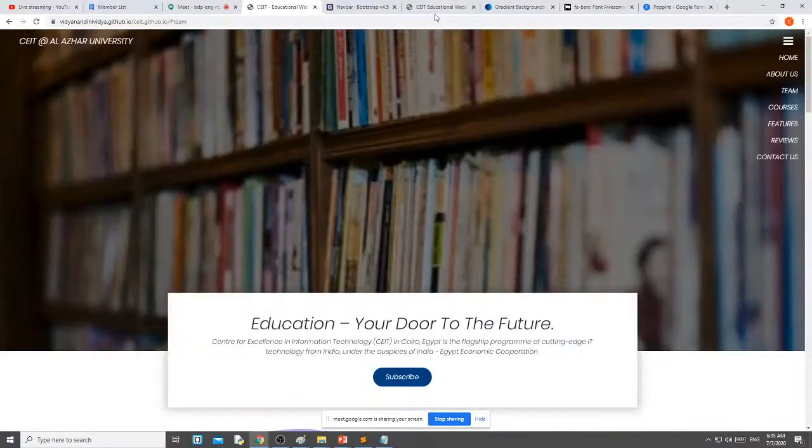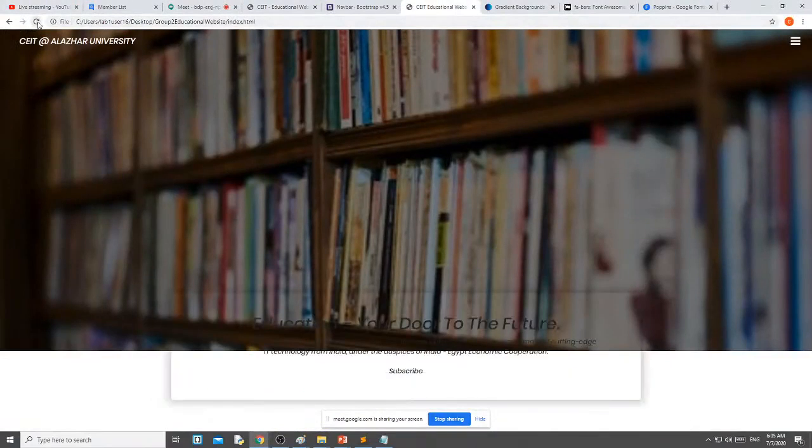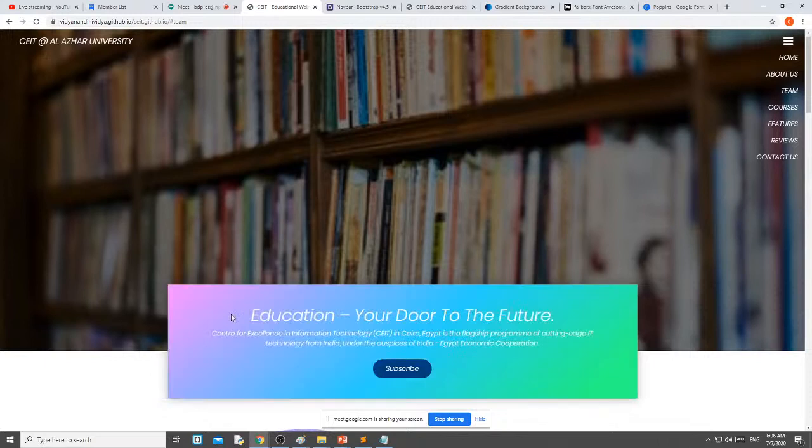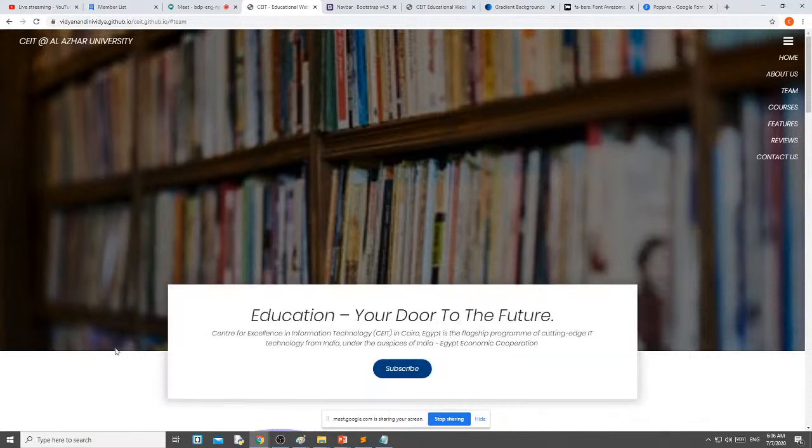Now we will see. You get one box, it overlaps on the image, that's why it looks like this. We will do style for that also, but we have given margin top minus 140 pixel, that's why you are getting this effect. Then I want to make a hover effect, like when I hover, then the color will get changed.